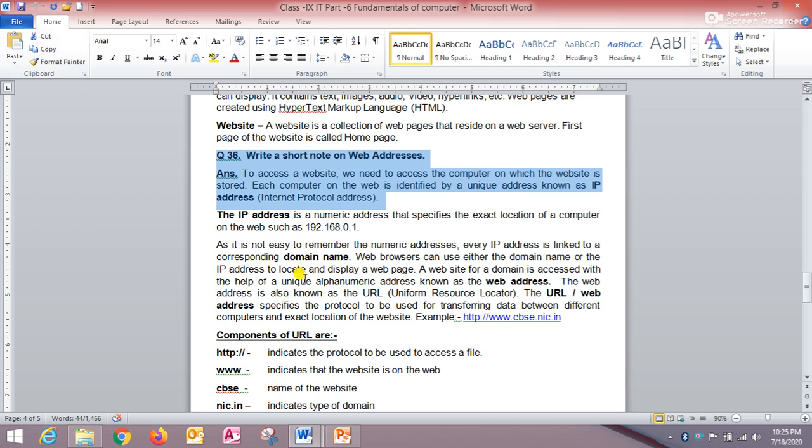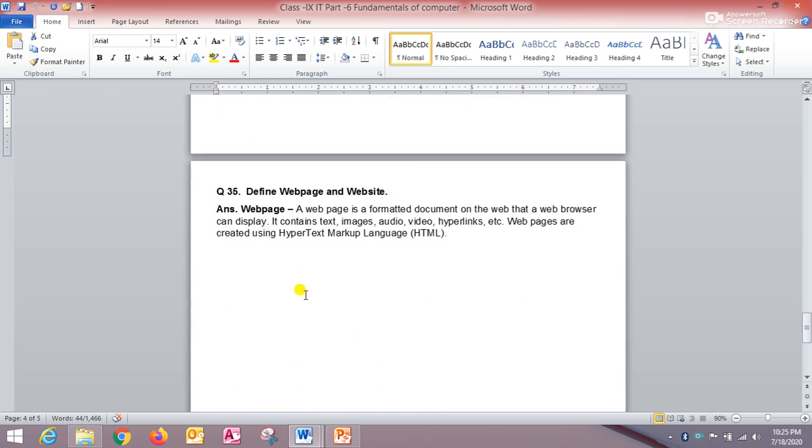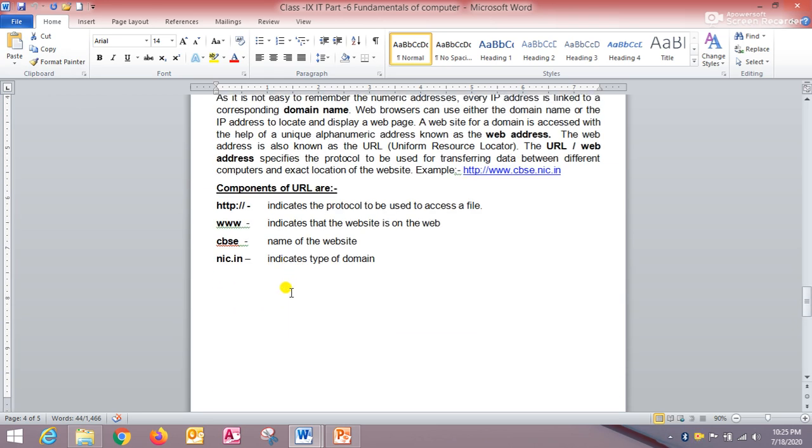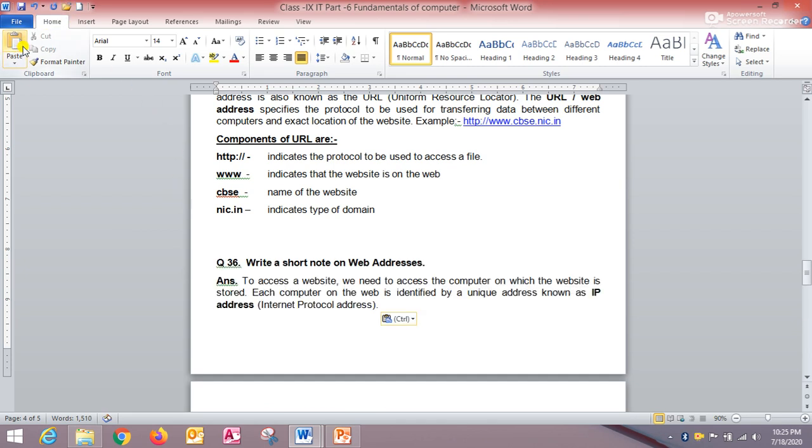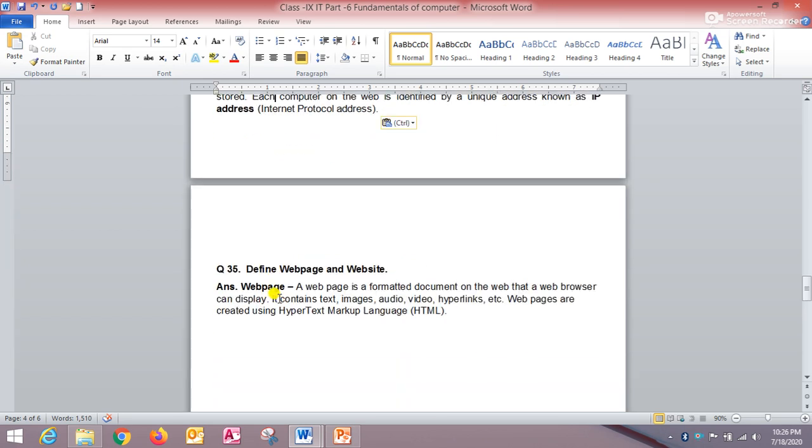And then bring the mouse pointer at the desired location where you want to paste the text. Suppose I want to paste the text here, right? Then again go to the home tab and then select the paste option. In that way your text will be copied. Duplicate copy of the selected text will be created, right students?